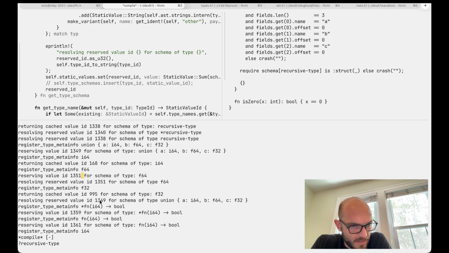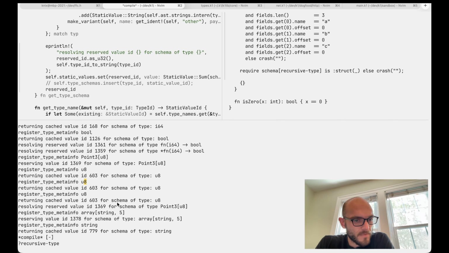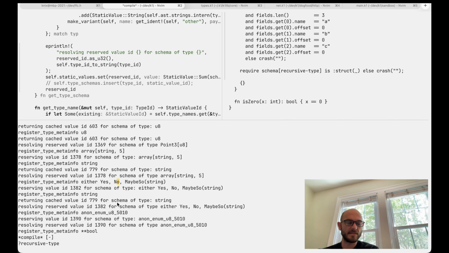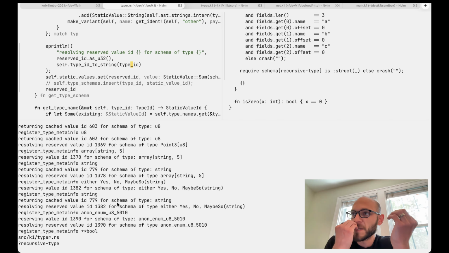And then we're resolving 1349 to be this union. So I hope that makes sense. I found that the best approach to this problem is to make some sort of a promise. When we start, say this is going to be the ID of the thing I'm currently defining. And if I encounter myself at any point now,